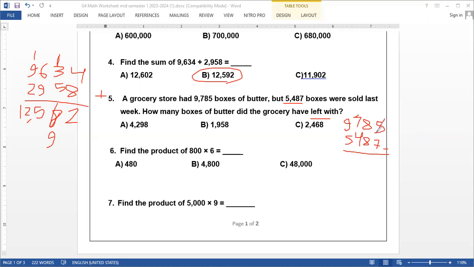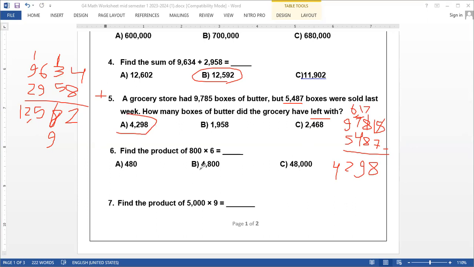So we need to borrow from 8. 8 becomes 7, and 5 becomes 15. 15 minus 7 is 8. Now 7 minus 8, we cannot. We take 1 from 7, it becomes 17, and this becomes 6. 17 minus 8 is 9. 6 minus 4 is 2. 9 minus 5 is 4. So